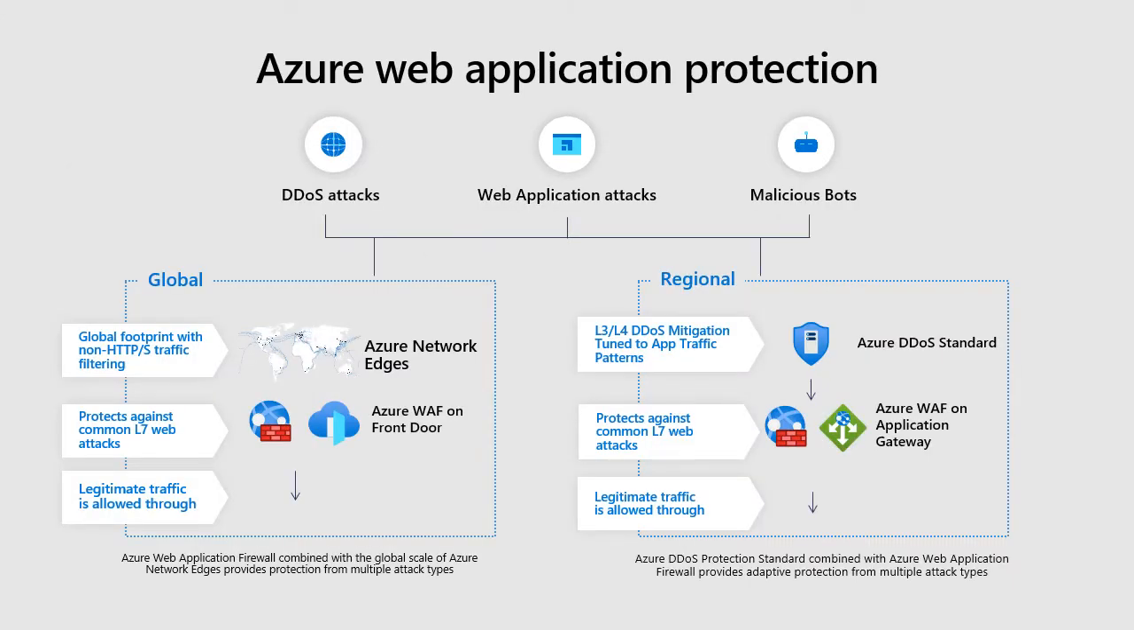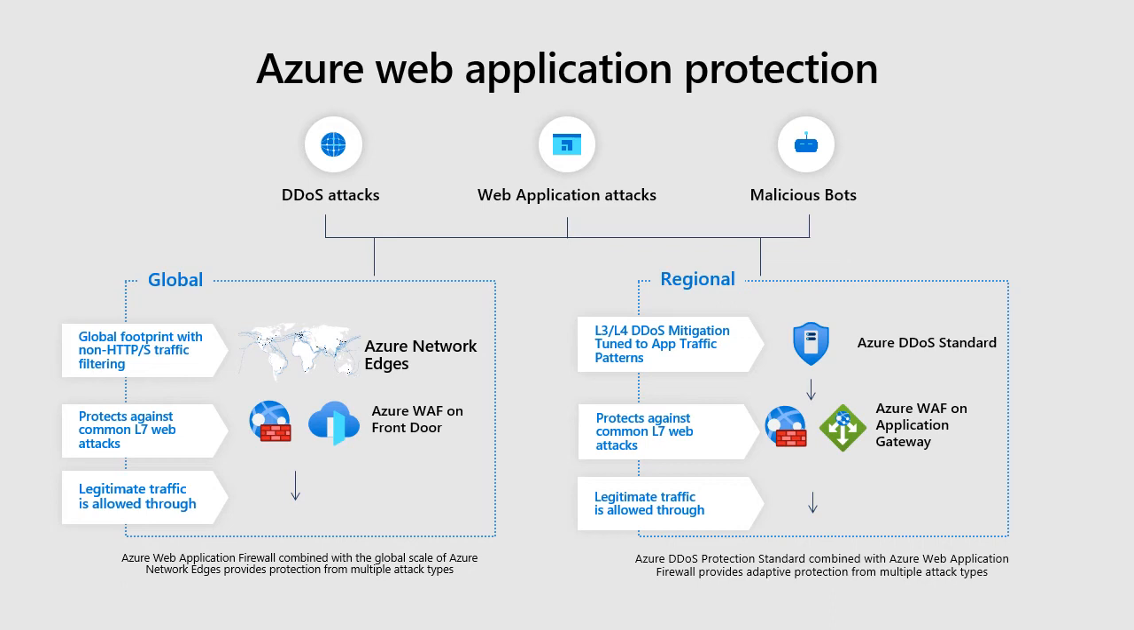Now, what does web application protection actually do from an Azure perspective? If you have three different types of attacks, DoS attacks, web application attacks, and malicious bots, and you're operating your applications on a global basis, the global footprint of Microsoft Azure allows you to protect against common layer 7 attacks, and legitimate traffic goes through. These different attacks, including the legitimate traffic, go through the Azure network edges, and then the combination of web application firewall on the Azure Front Door service, which I will talk about later on, actually